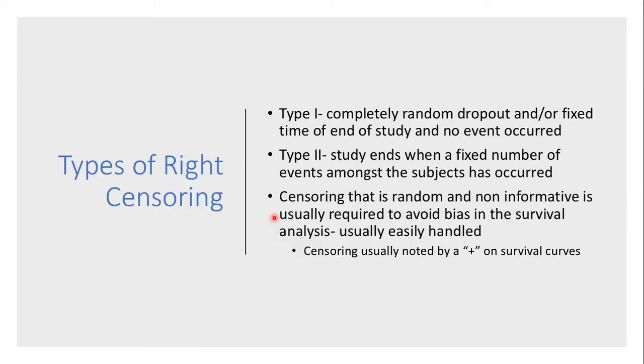There are a couple different types of what they call right censoring. You don't need to memorize these. I just show them to you because you're going to read them in the readings this week. Type 1 is a completely random dropout or a fixed time of end of the study where the event hasn't occurred. Type 2, the study ends when a fixed number of events amongst the subjects has occurred. The key is that you want the censoring to be random and non-informative, meaning it shouldn't make that much of a difference, to avoid bias in the survival analysis. The good thing is the statistical tests are pretty robust with censored data, and they can handle